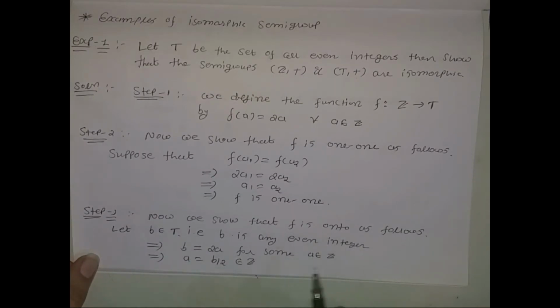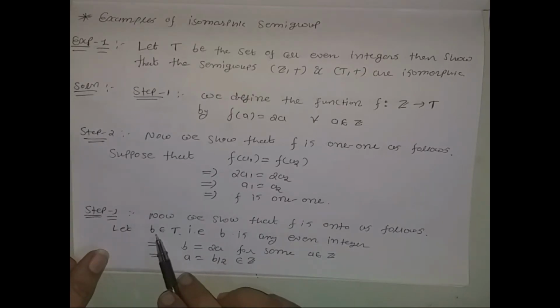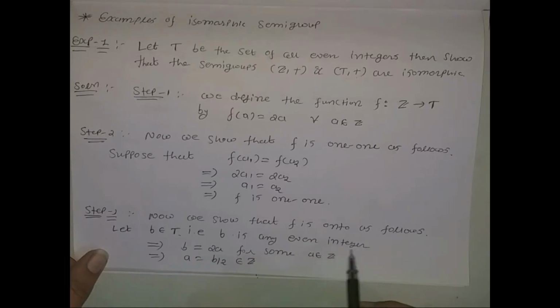How will we show it? For that we consider an element b belongs to T. Element b is from T, that is, b is any even integer. We have considered an arbitrary element b belongs to T. So b is any even integer. So this implies b is equal to 2a for some a belongs to Z. So we get a is equal to b by 2, which belongs to Z,